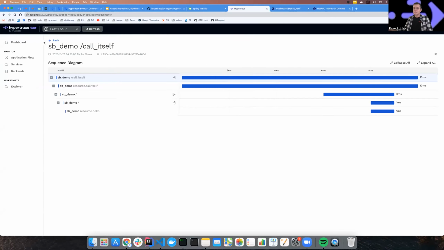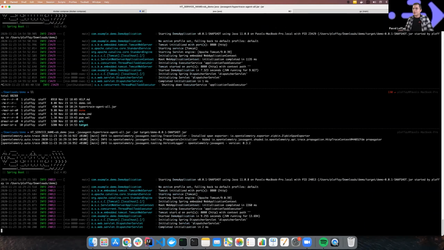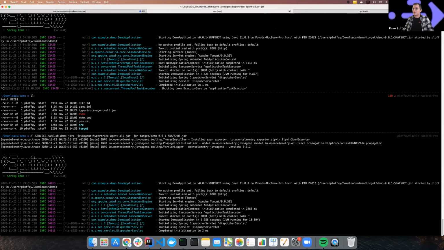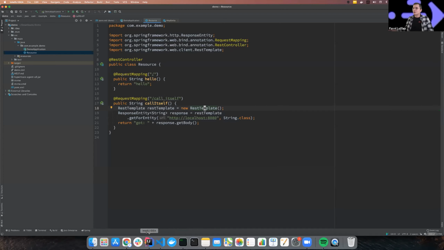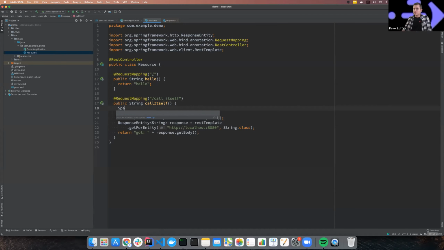All right, so we have seen that instrumenting a Java application with the Java agent is super simple. You don't have to change your application code. You can just provide the Java agent argument when you are starting the application, and the agent instruments the application automatically. However, if we want to change the telemetry data that the agent is emitting, we can use the OpenTelemetry API inside your application. So here, for example, I can call